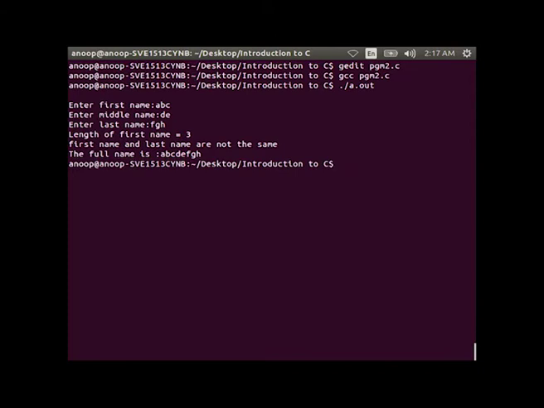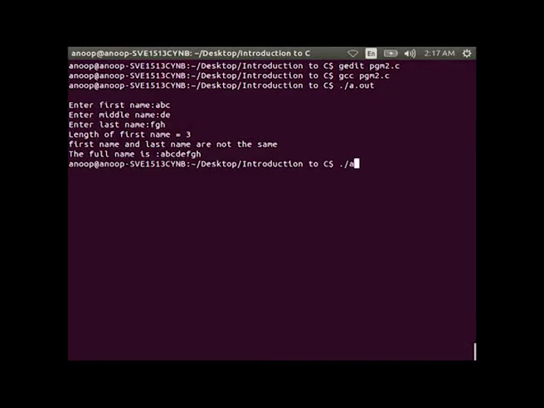There you are giving input as F, G, H. Then the system will give you a result as length of first name equal to 3. First name and last name are not the same, and the final output is the full name is A, B, C, D, E, F, G, H.